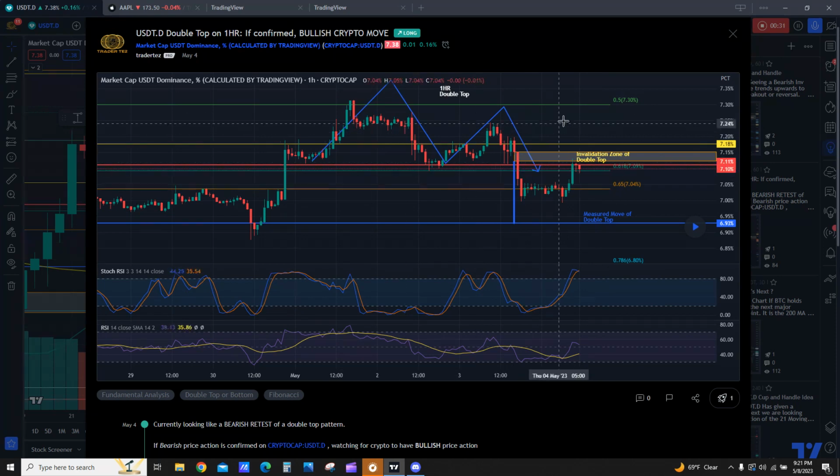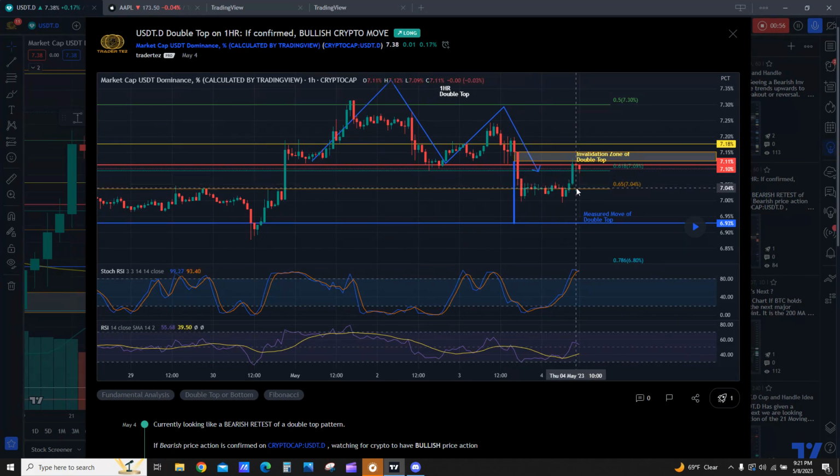when this USDT dominance is going down, that means money is flowing out of USDT, the stable coin, and into crypto coins. So when it goes down, you're expecting crypto price to go up. But if it goes up, you're expecting crypto to go down. So I identified a double top on the 1 hour time frame